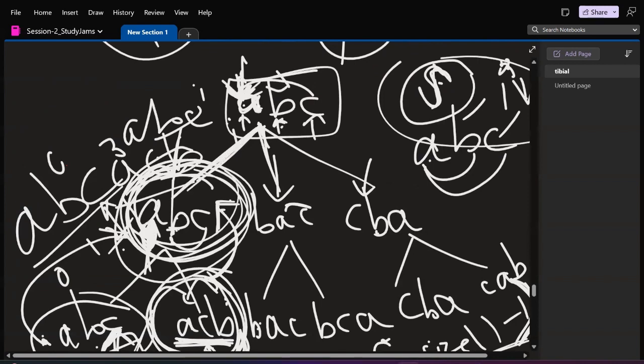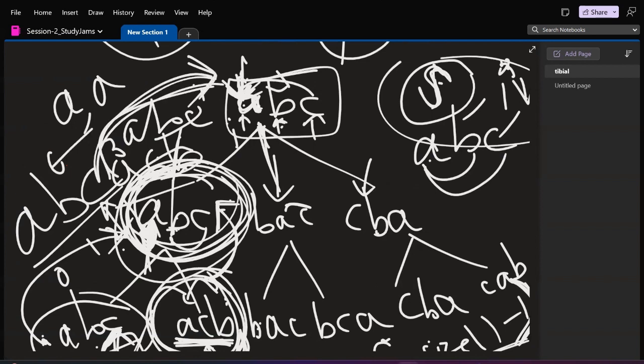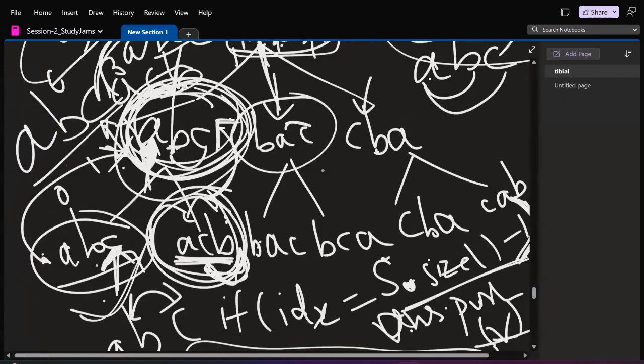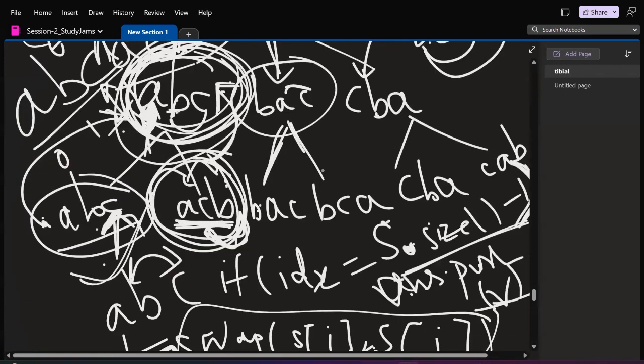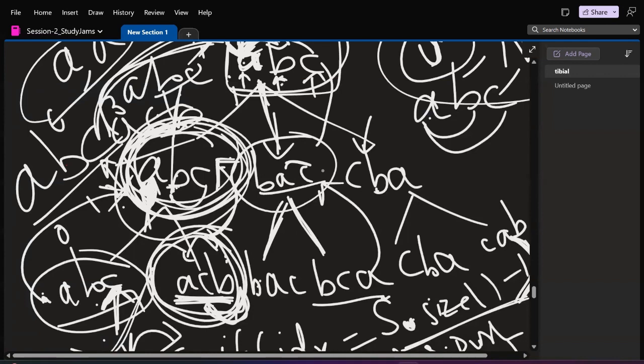See, how did we get this ABC? By swapping A with A. So when we are going back from here to here, we need to swap A with A again. Here it's not changing, so you might not get any difference. But here you can clearly notice the difference. Here you can swap A and B first. From that you will get BAC, then BAC will remain the same, and then BCA you will be getting. So from here, when you are returning back, you change it back to BAC. Okay. And from here, when you are going back,